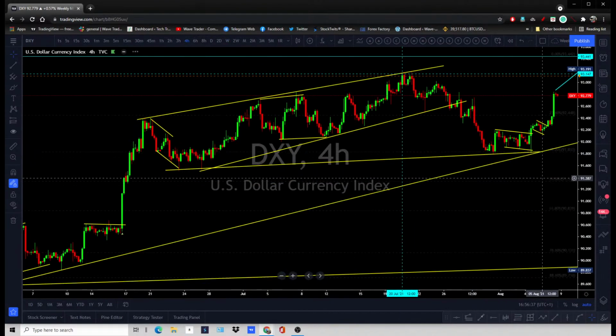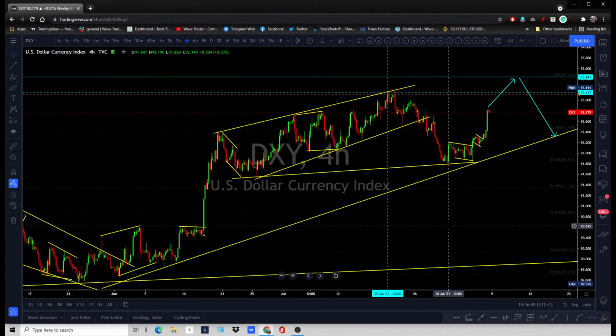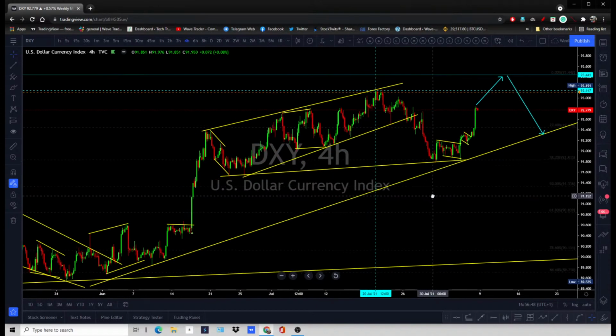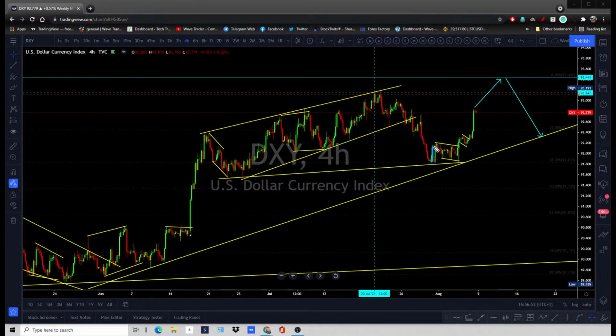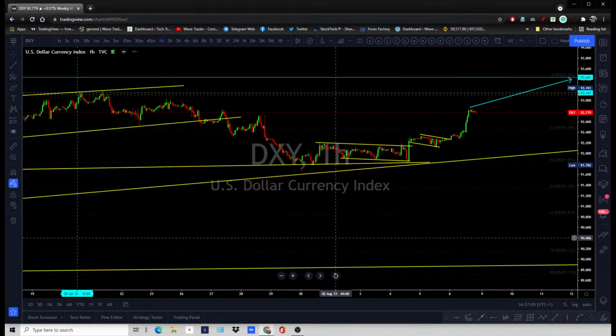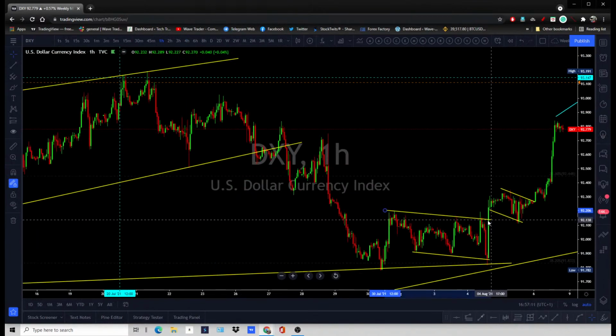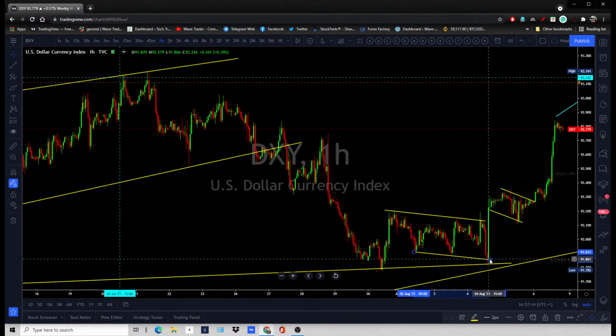Also we got good numbers, good NFP, non-farm payroll numbers last week, and because of that we are having some good moves across the market on dollar pairs. So dollar is just pushing higher. We got a flag over there, we got a good move. Good bounce off, then a correction, another breakout, and another correction, another breakout. So the bullish wave is already on its way on the dollar index, and hopefully you already caught that after having some good numbers last week on non-farm payroll.